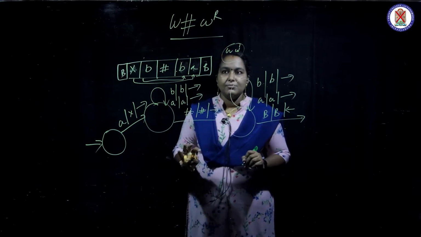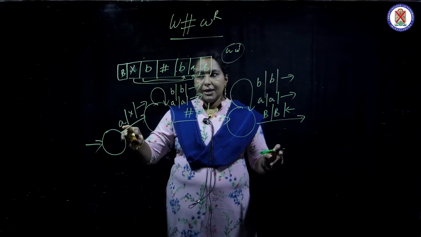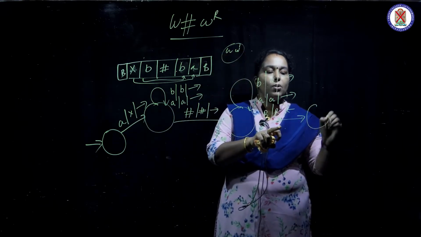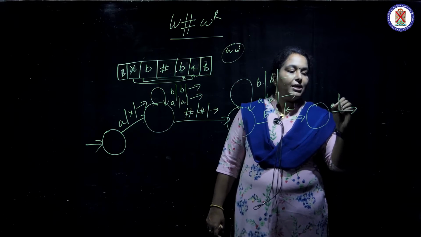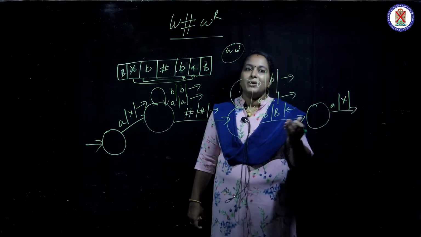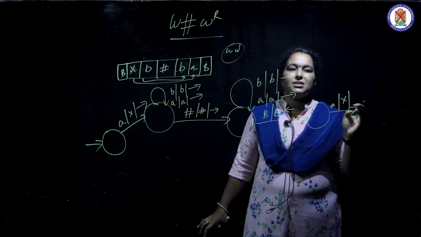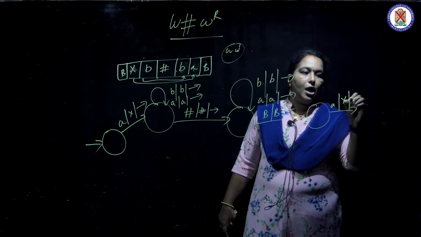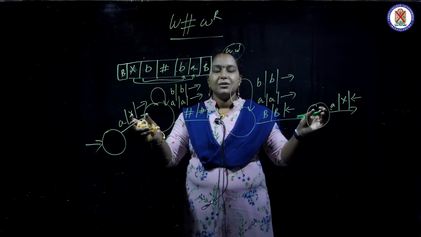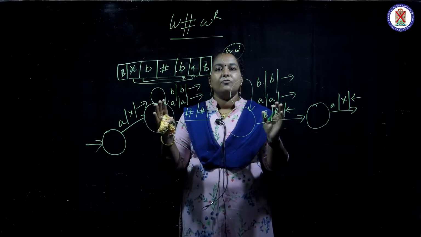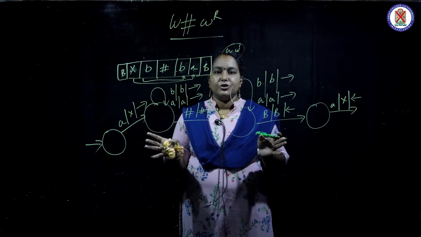Now the condition comes: after the blank I must get what? A. When we start here with A, after the blank I must get A. So A comes, I make it as X itself. Don't make it Y or Z, because these two must be the same X and X. So A comes, I make it as X and move backward. If you make it Y, no problem, but for the logic to be correct, they must be correctly matched, that is X and X. Likewise, after all your symbols are finished, your tape will contain only X and hash.